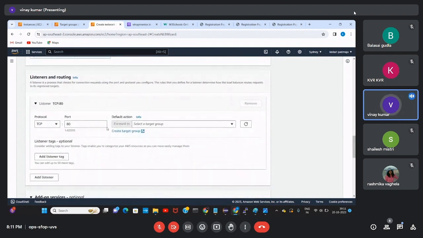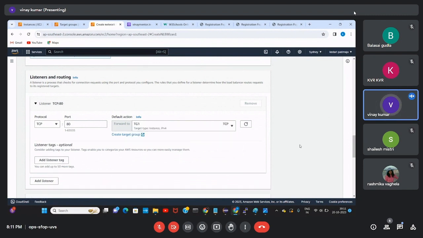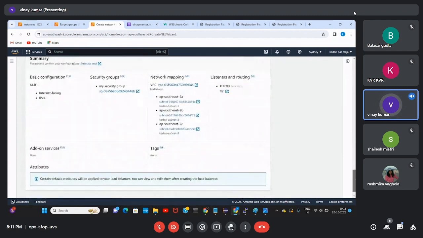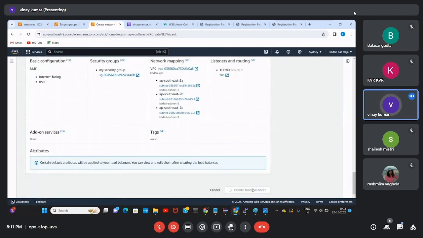And as we know, the network load balancer runs for TCP, it will be by default. Previously I created the target group, that's why it appears in this list. So I'm picking that one. And finally, no need for all these other things. I'm creating the load balancer.